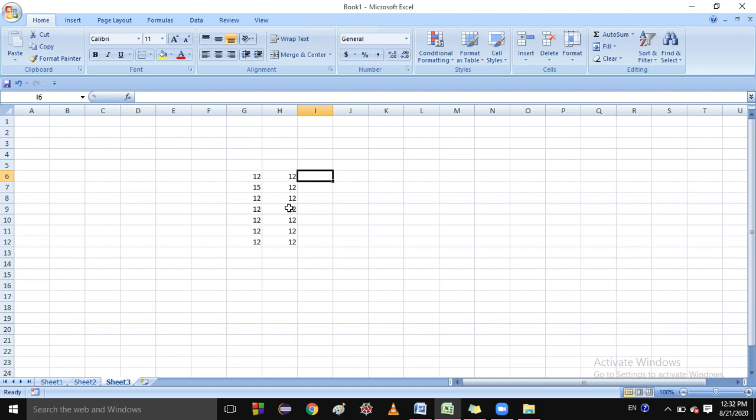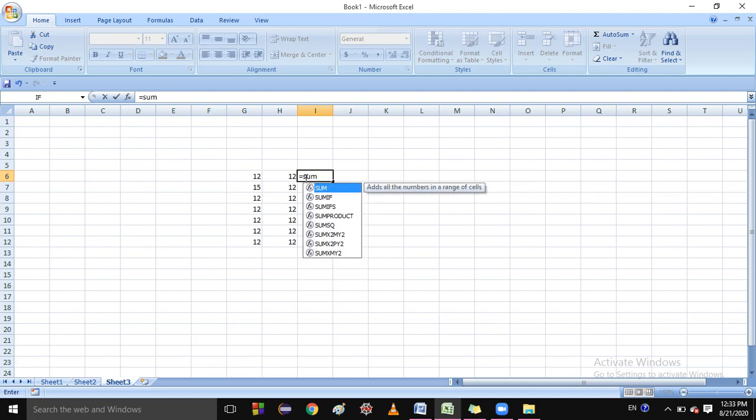But the condition is that each and every term has an addition to a particular number. So how will you write? You will write here equal to SUM, then this colon this. And if you write plus, you can write after that, or I will tell you later how you can write the other plus. You want to add this one, but this one is constant.